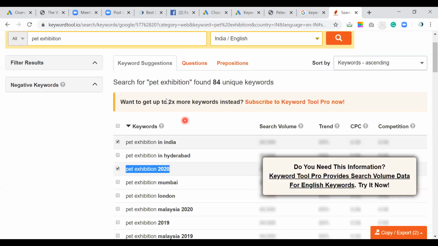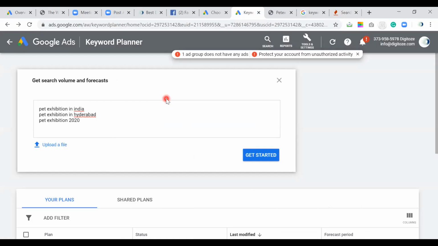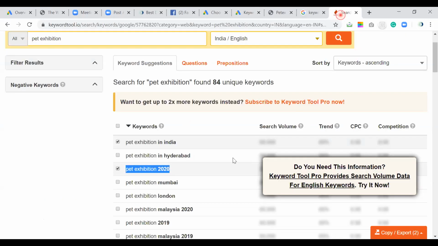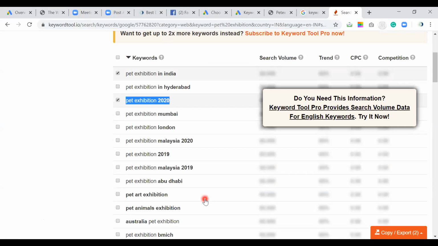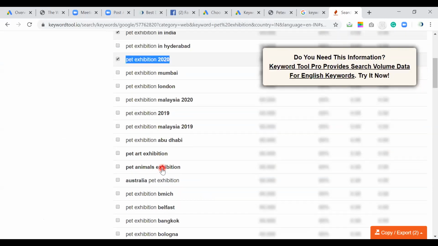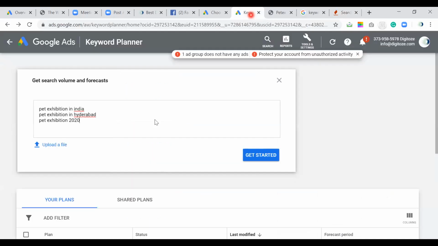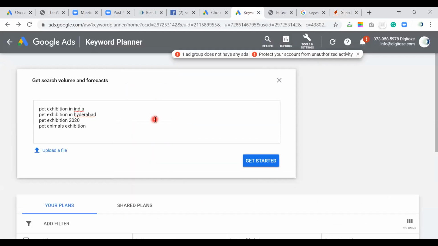As a digital marketing analyst, one has to understand these things, and at the same time we also have to understand what could be the probable keywords that we can use as a variety when we are doing analysis. So I'm just taking these and putting up get started.